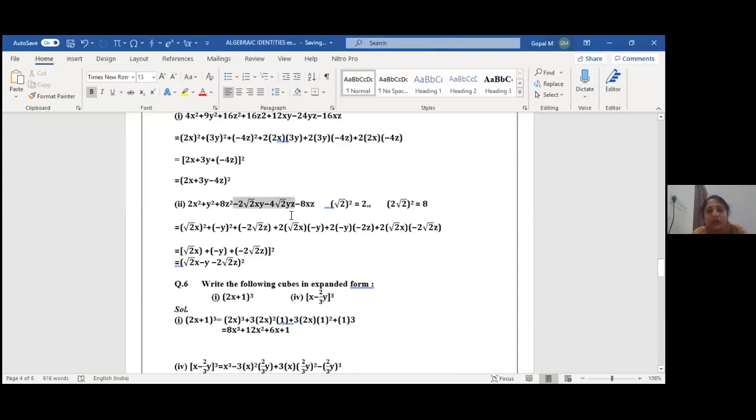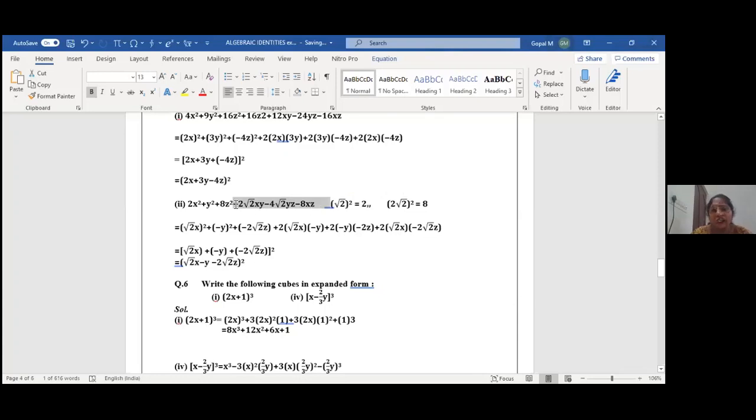All three terms are negative. First you compare these two terms, xy and yz. Which variable is common here? Y is common. So I should think Y is negative. Next, I'll check the last two terms. Which variable is common here? Z. So this means Z is negative. The last three terms, fourth, fifth and sixth terms, all three are negative.